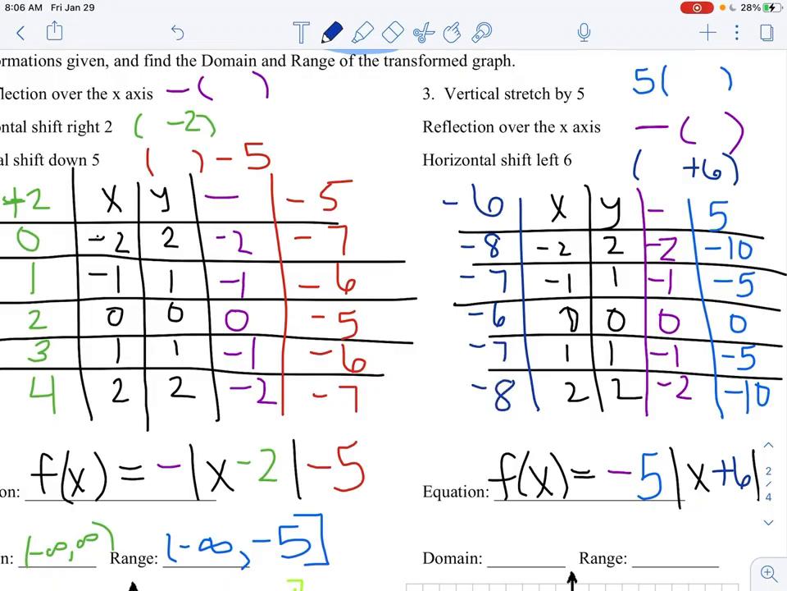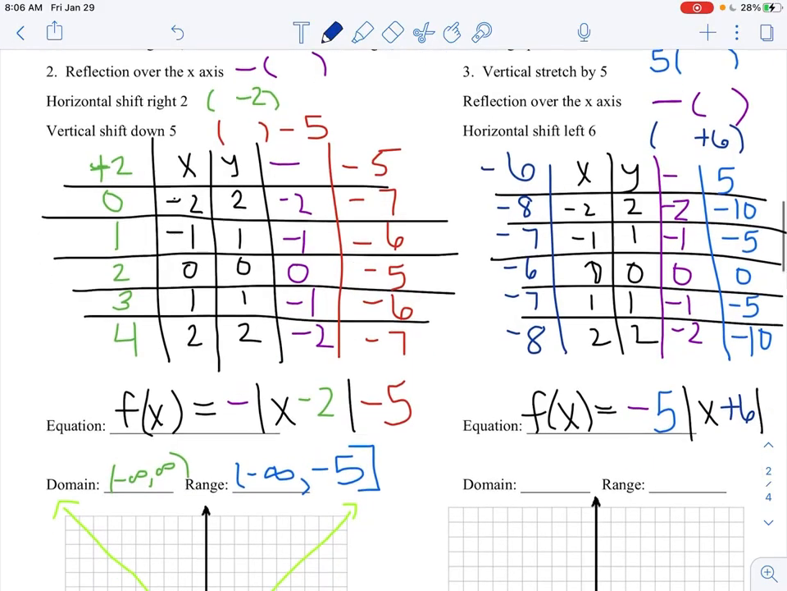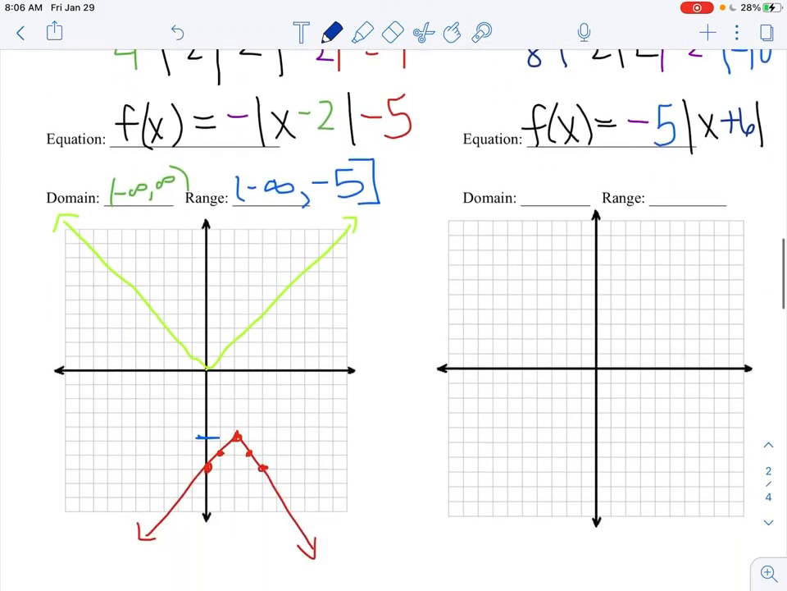Those horizontal shifts can get kind of confusing. If you get confused, just take a moment, step back, and look at it. Okay. So